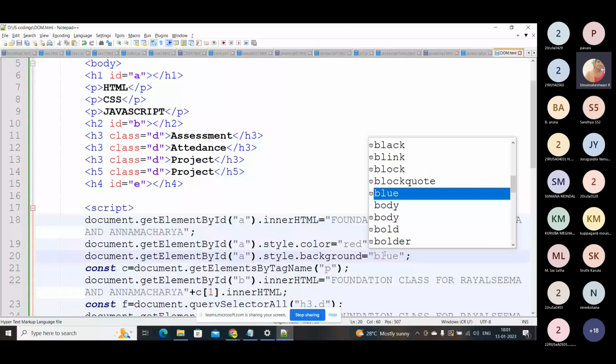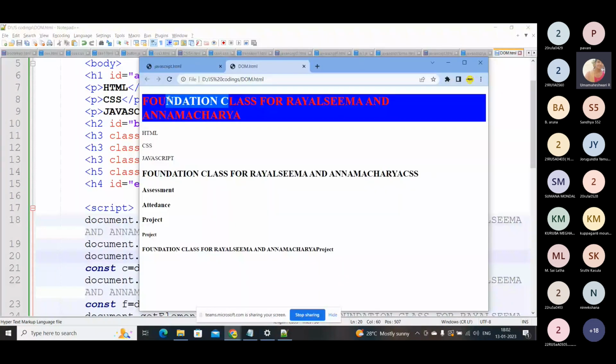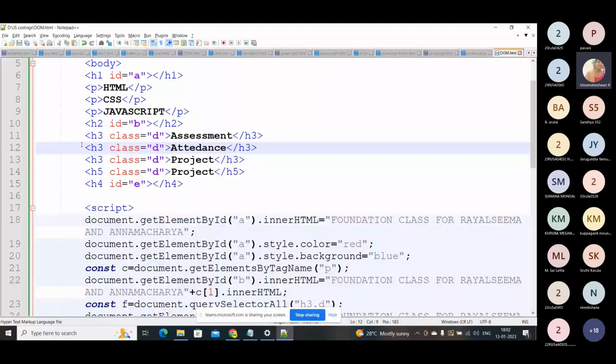So you can see the text color and the background color has been changed. So this is how you will be changing the style of the colors. Okay. So you can use multiple properties if you want to change these things, right? For example, if you are trying to change,